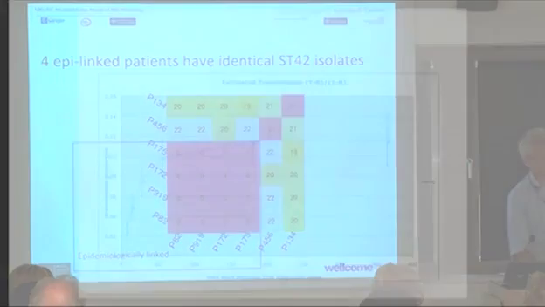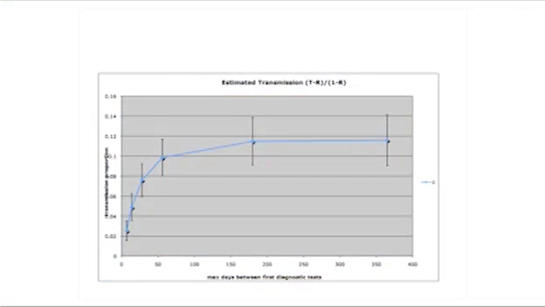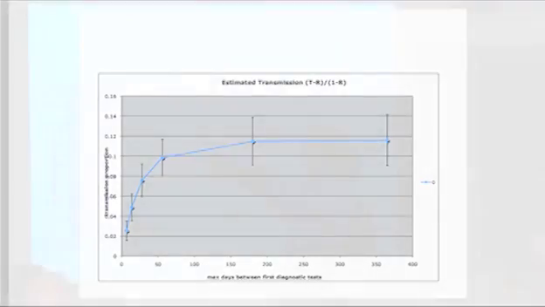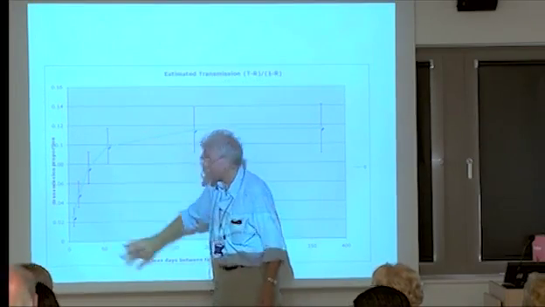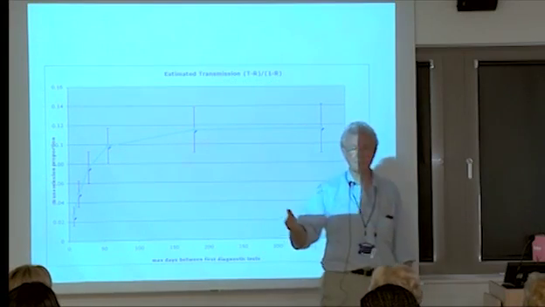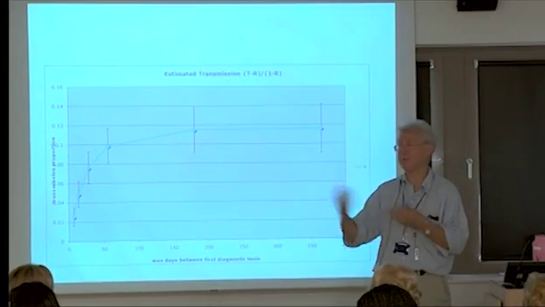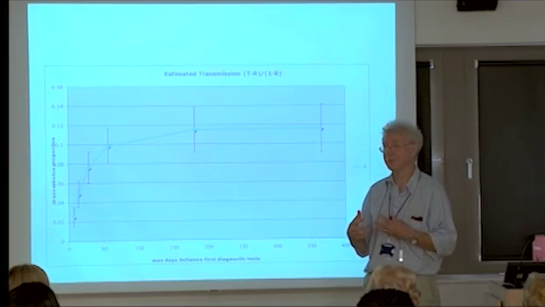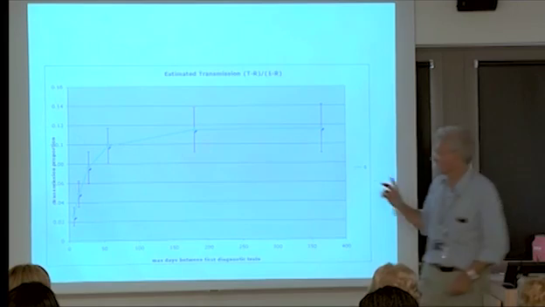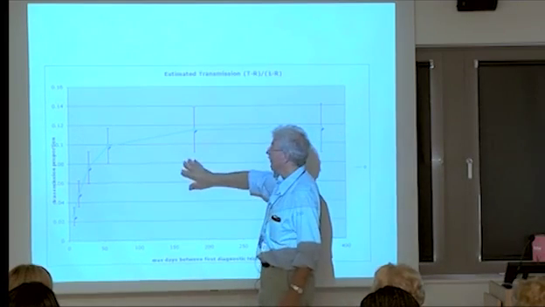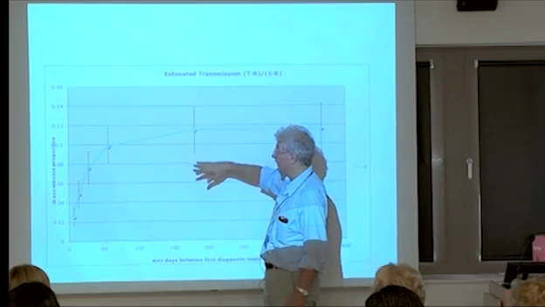This one did. I'm not going to show you that. So here you can get data where you can start to work out how long the period of transmission at one extreme could be, and this tells you it's about 60 days. Outside of 60 days, the chance of a transmission event happening is very, very low. Okay? That's one thing.